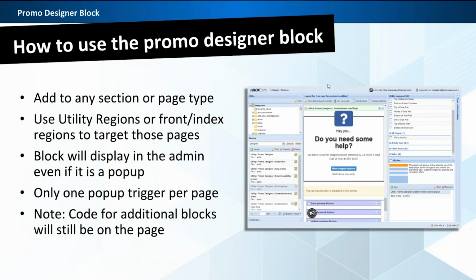So that's something that, again, you can use that built-in functionality of blocks to change how you want those overlays and those promotional messages to show up. One of the things that we did as part of building this new functionality is that we were concerned, and this was, frankly, one of the technical hurdles that we wanted to build around,